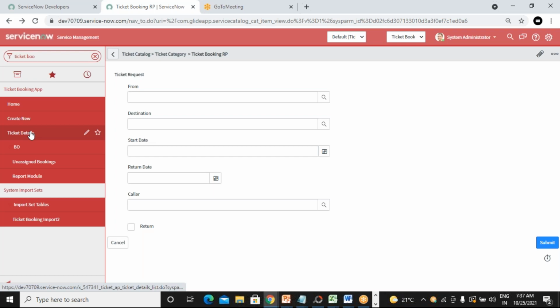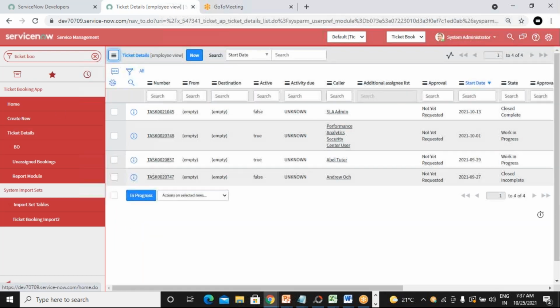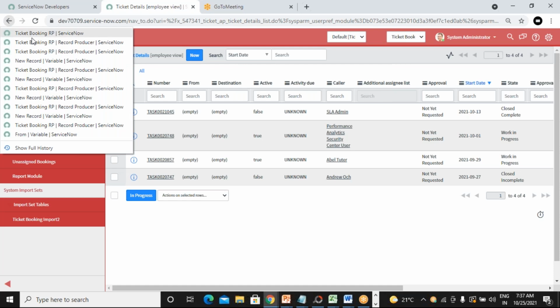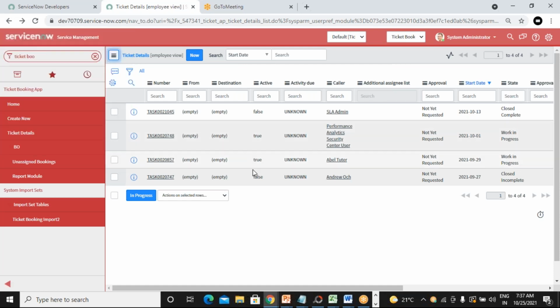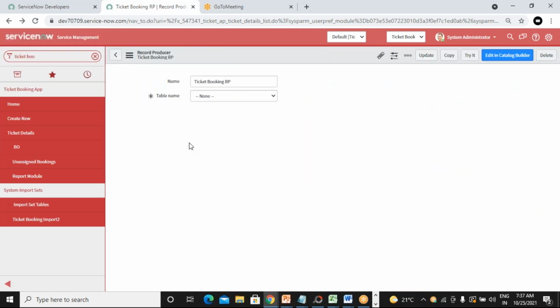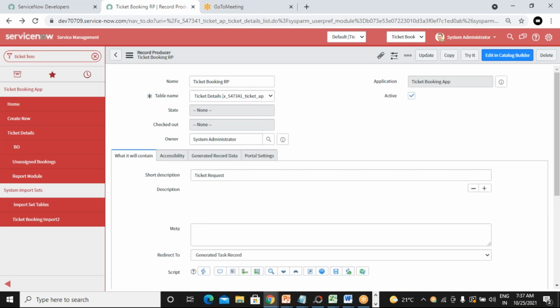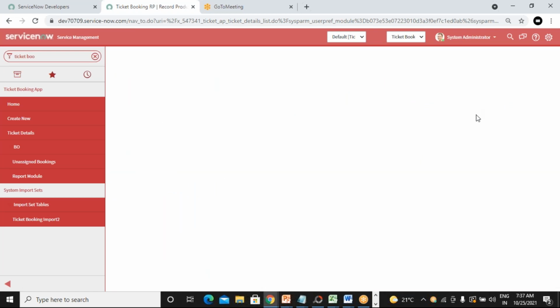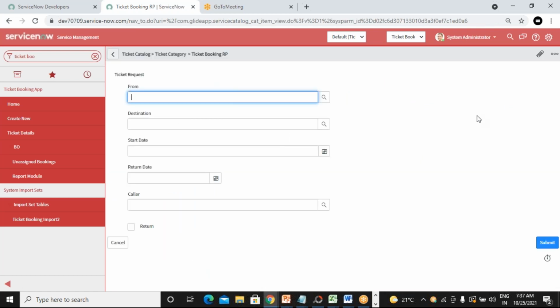Okay, so the next thing is here. We created a record producer, but we don't have validations on the form. We haven't implemented validations on the form. For example, the return date is visible, and the return checkbox is not changing anything. We implemented these validations earlier on the ticket booking module.